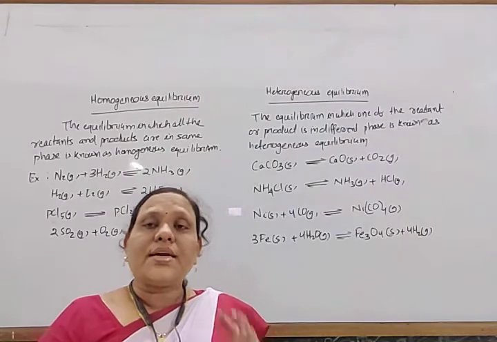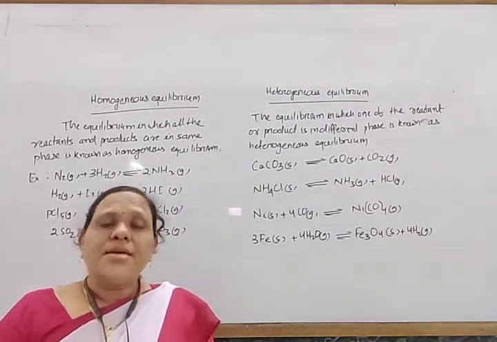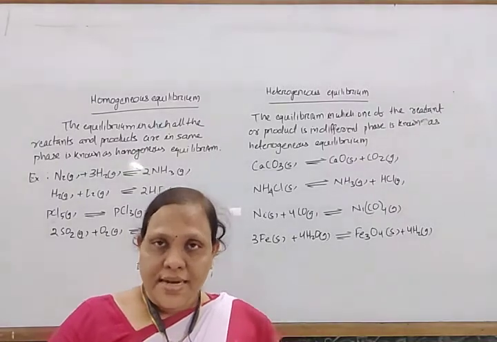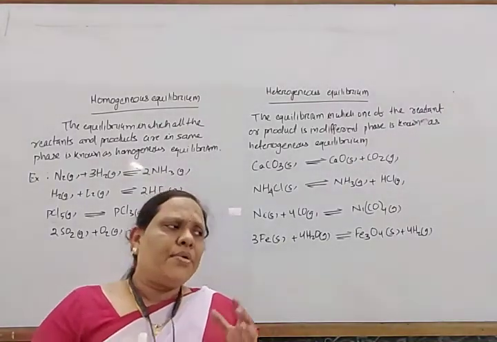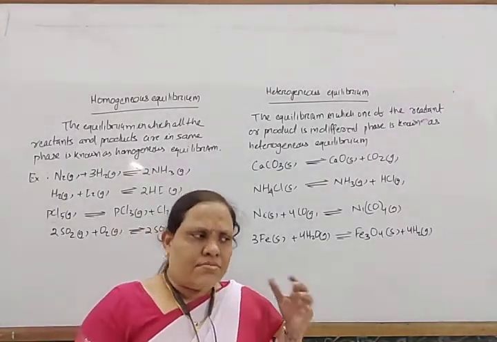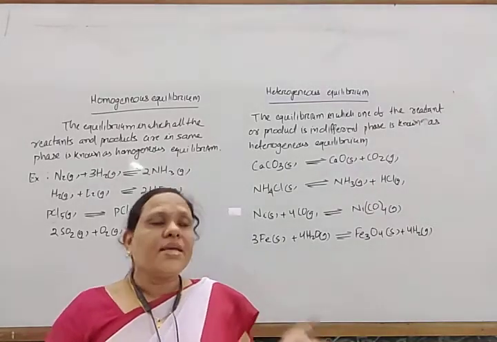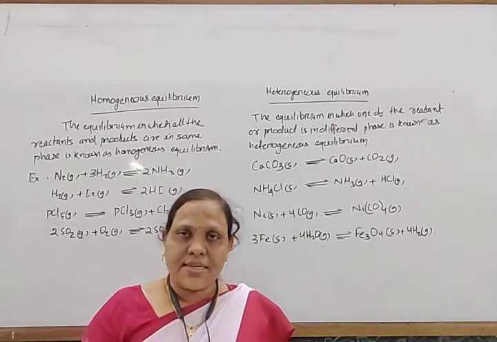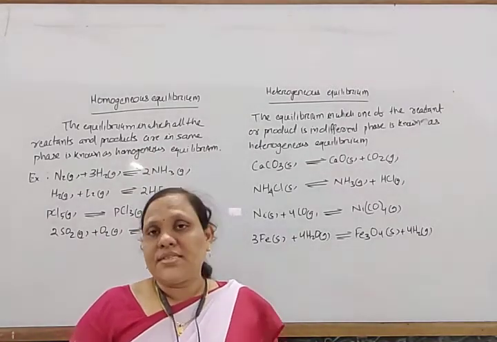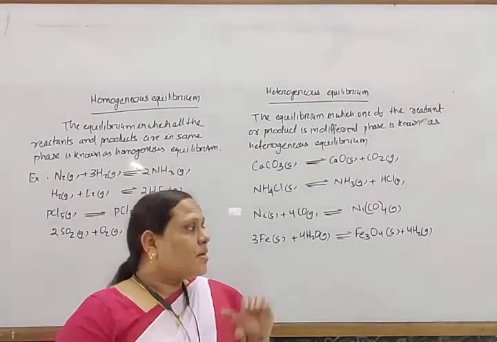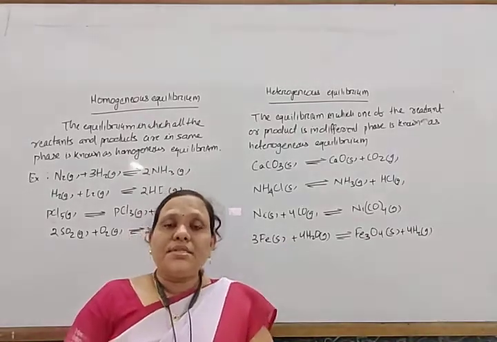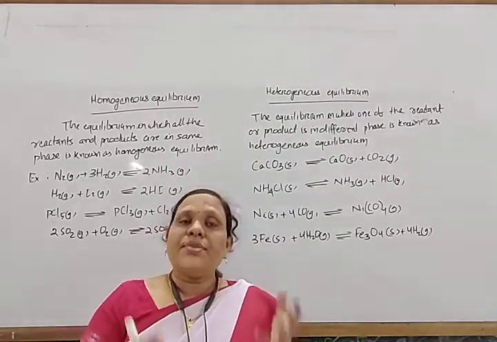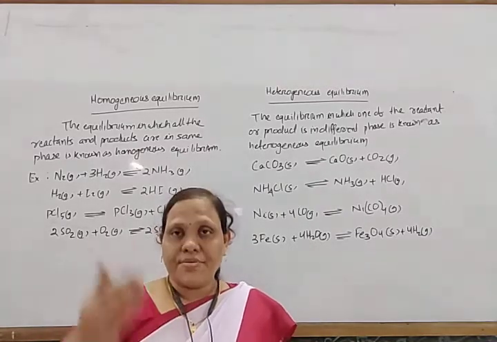Now coming to the characteristics of equilibrium. One is that at equilibrium all the measurable properties are constant. For a physical change or a chemical reaction with gaseous reactants or products, equilibrium is only achieved in a closed system. If it is open, then all the gaseous products will escape out.